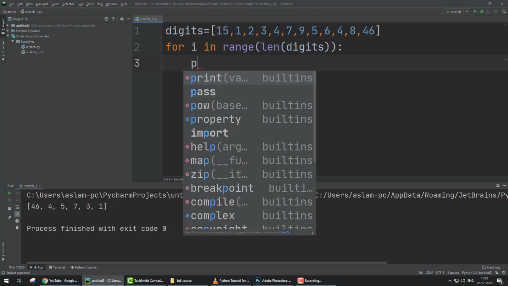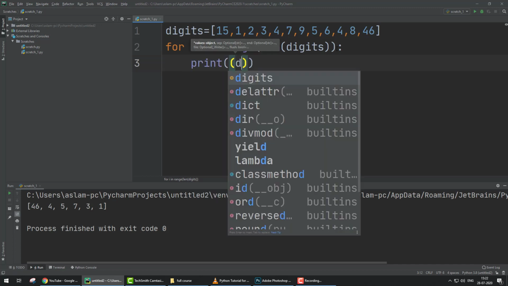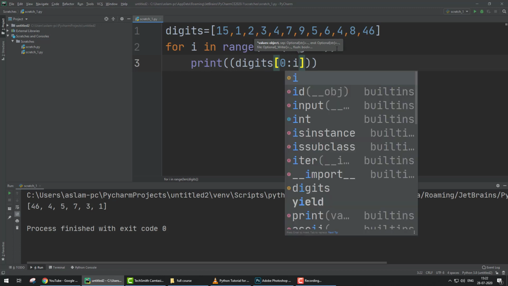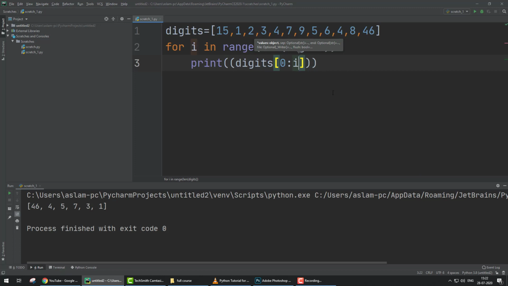And then print digits 0 colon i. Think about what happens if you type this. First of all, range. The range of the variable i is until these 1 2 3 12. Len means the number of elements in the digits list, so 12. So the range of i is 0 to 12.